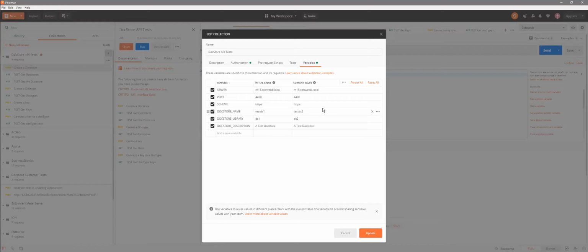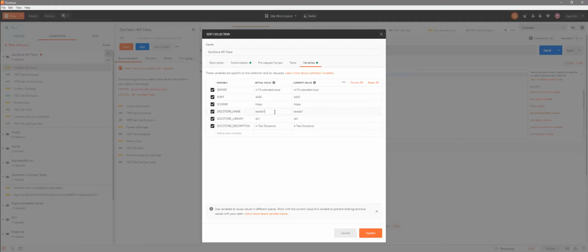We've got initial and current values here. What that means is you can set up a default state and reset everything back to the default state. But then during